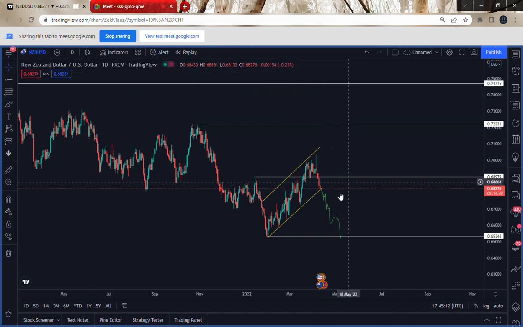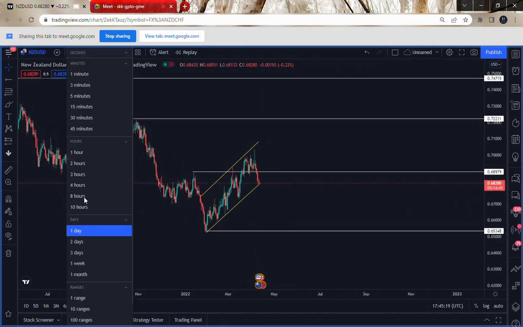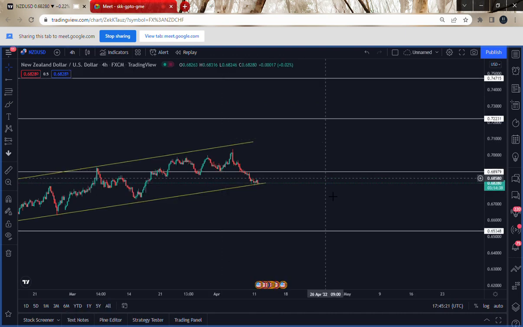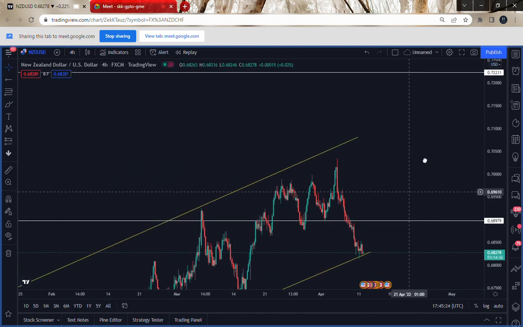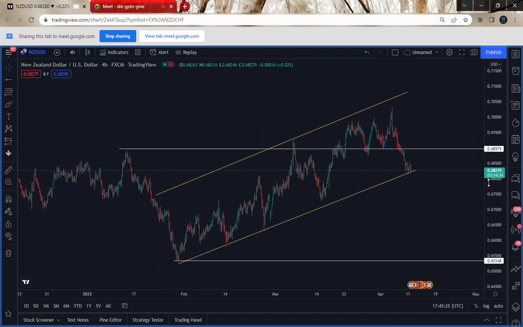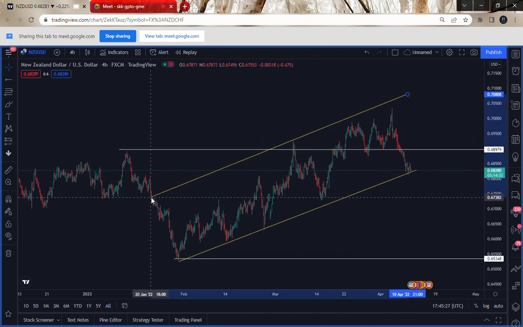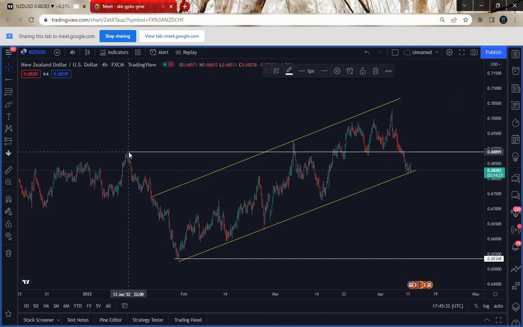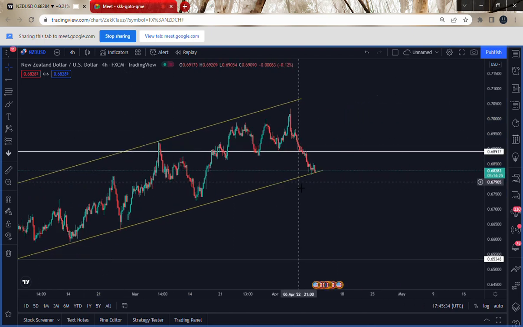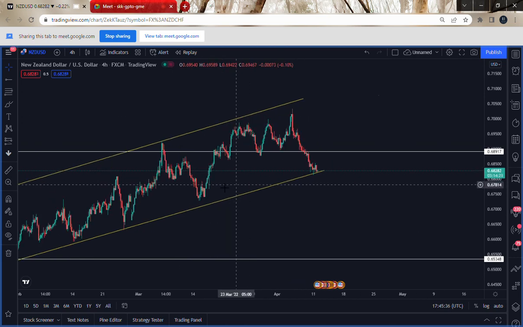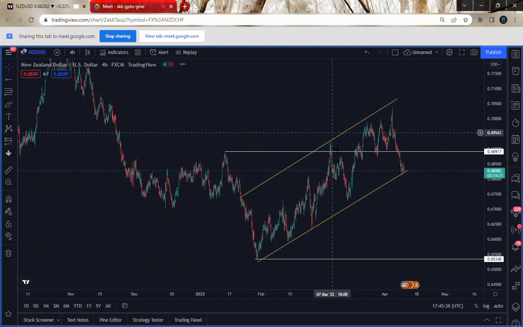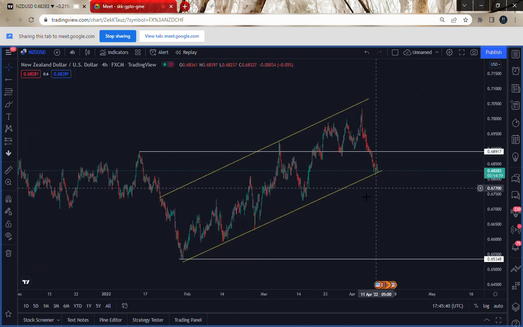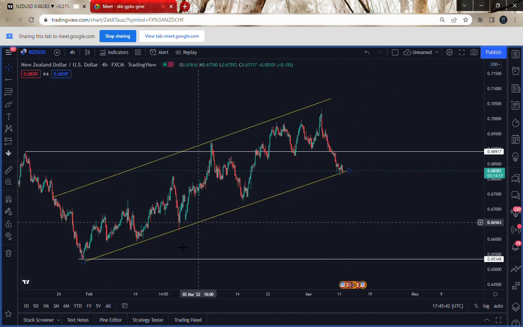So let me just do this. I remove this. So now, understanding that from your daily time frame, what you do now is you just go down to your 4-hour, like this. So you can see now it's still the same structure, but now we are in the 4-hour, right? We're in the 4-hour now. So now what happened here is, how was this market moving? It was obviously going up, and then now we have